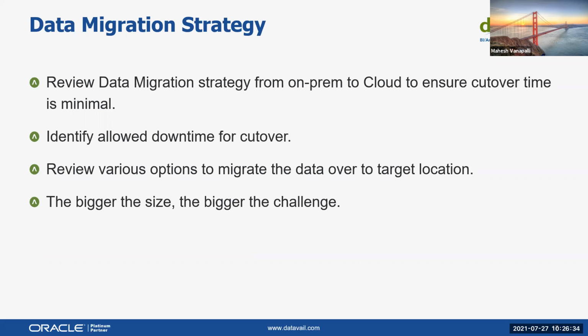And then how do you clone your non-prod environments while you're in the POC stage, or while you are migrating non-prod, but prod is still on-prem? How do you keep cloning the non-prod environments from the on-prem production environment? Depending on your number of non-prod instances and cloning cycle frequency, you have to review all those things. Otherwise, you may have to live with some static data or duplicate environments for the period of time you're going to migrate the data. So there are some items that you have to look into.